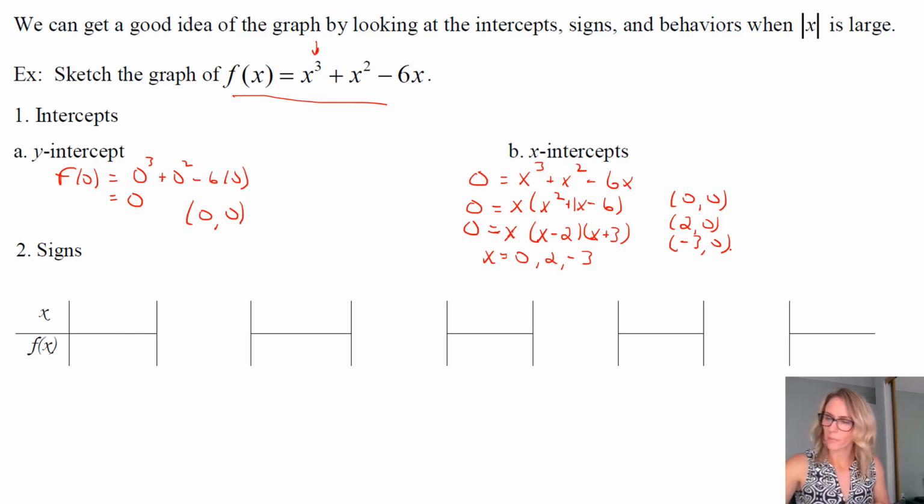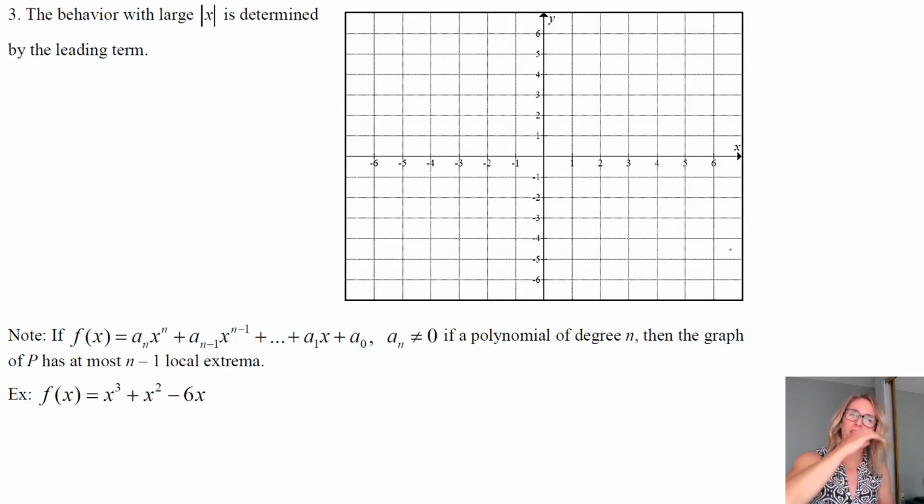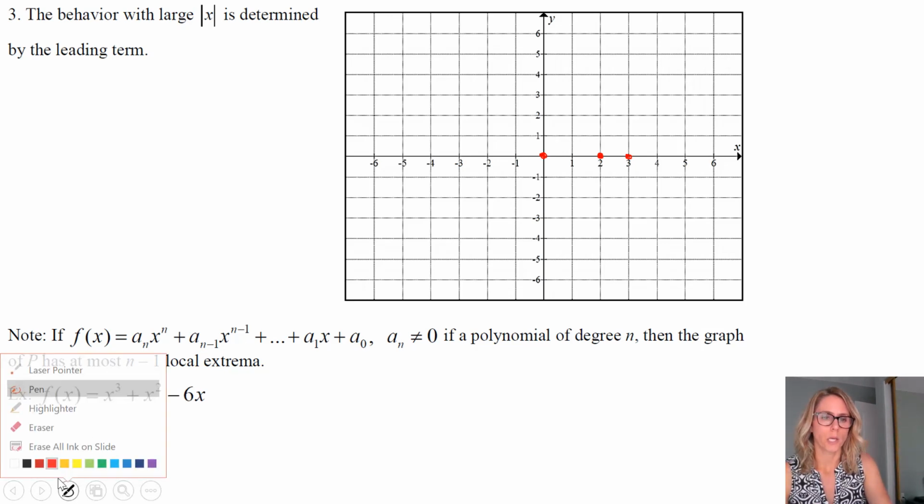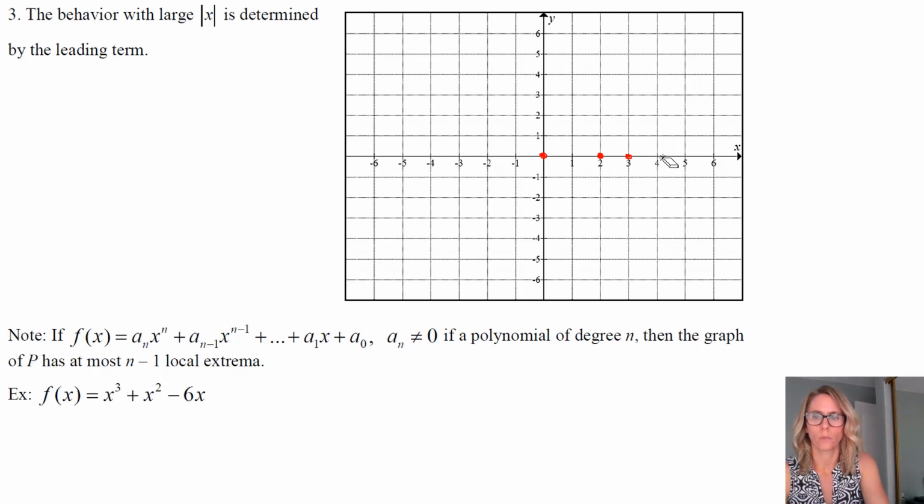Now, if you want, one thing that you can do, because it's all on one piece of paper for you, is that you could put those points on your graph now so that you have them. So you have the (0, 0), you have the (2, 0), and you have the (-3, 0). Excuse me, it's a negative 3, 0. But this helps us because we know that it's smooth and continuous, so it's just going to go up and down